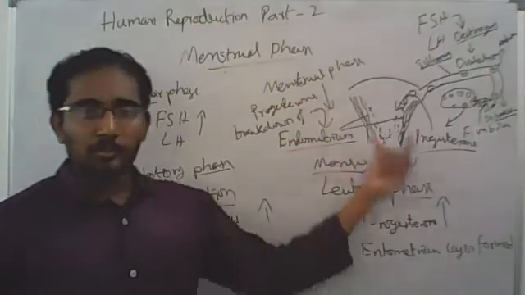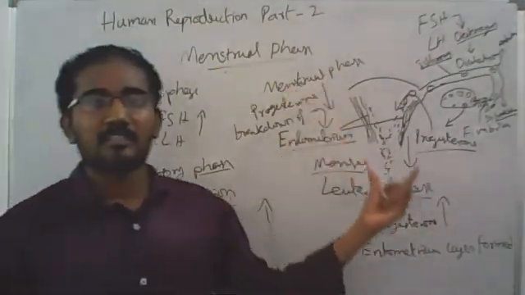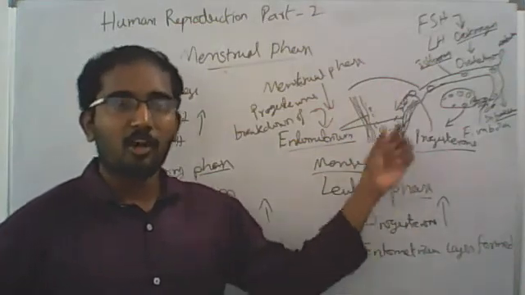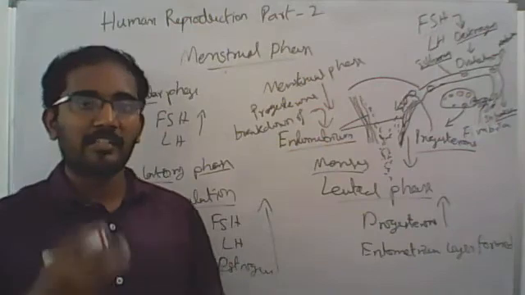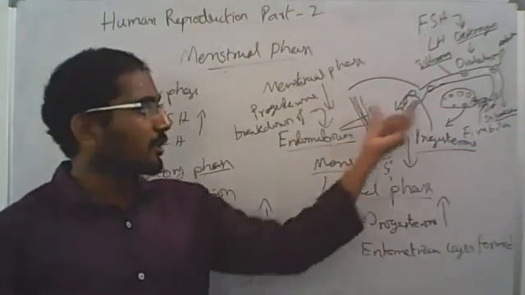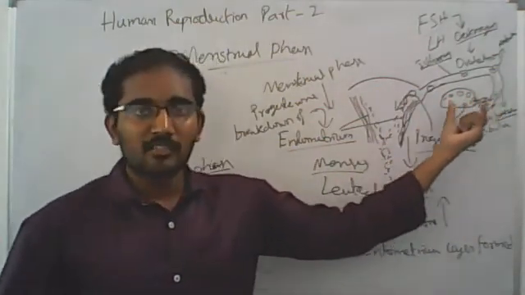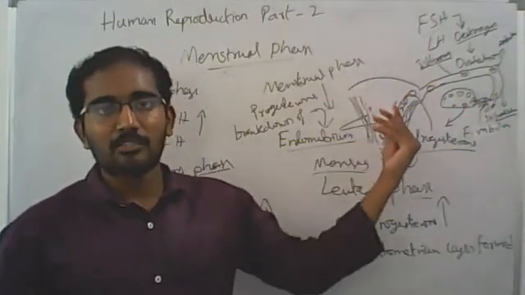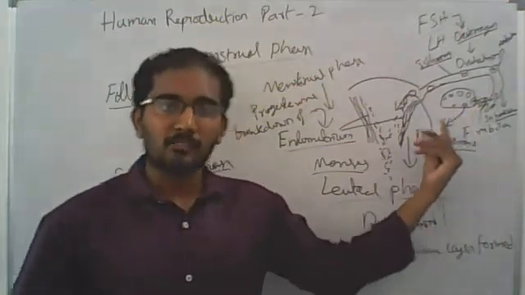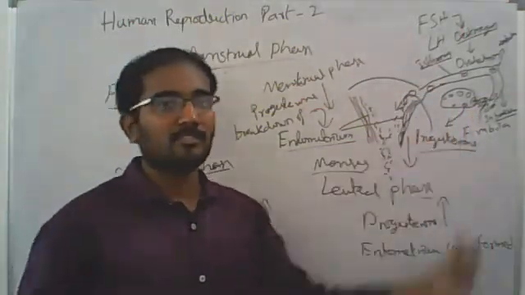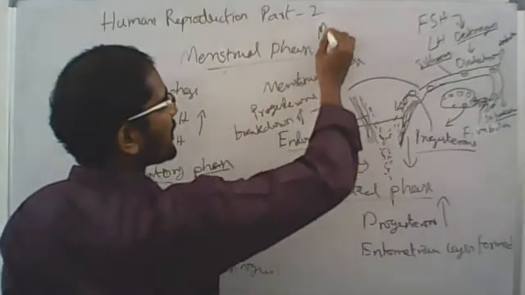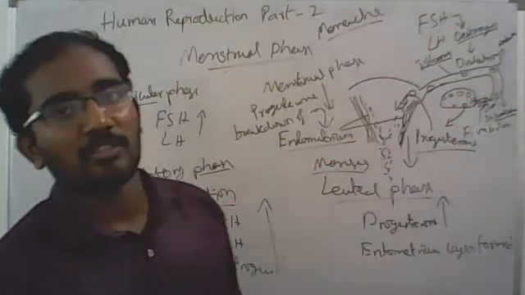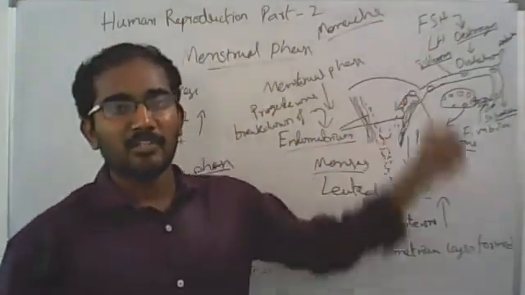We can say that the menstrual phase does not normally occur in all female beings. It only occurs after the puberty age. When they attain puberty, their reproductive organs are ready for maturation. Now they will start maturing and the menstrual phase will begin. The first menstrual phase in a female child's life is called menarche.